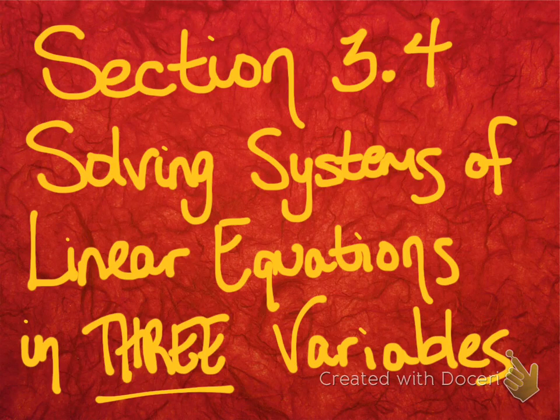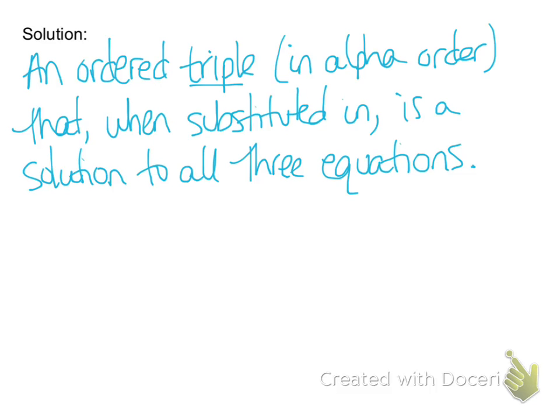Section 3.4, solving systems of linear equations in three variables. So a solution to a system of three equations in three variables is going to be an ordered triple. And always make sure that you list these in alphabetical order the same way you would an ordered pair. And this ordered triple, when it's substituted into the three original equations, will be a solution to all